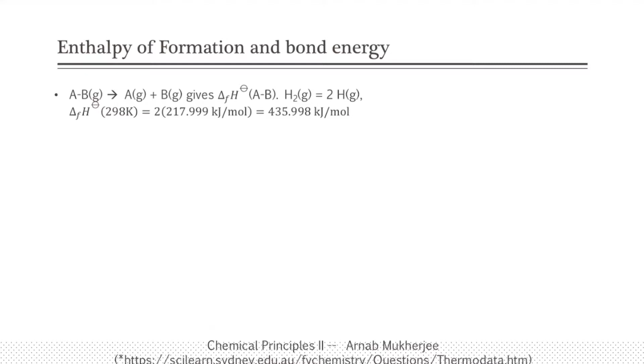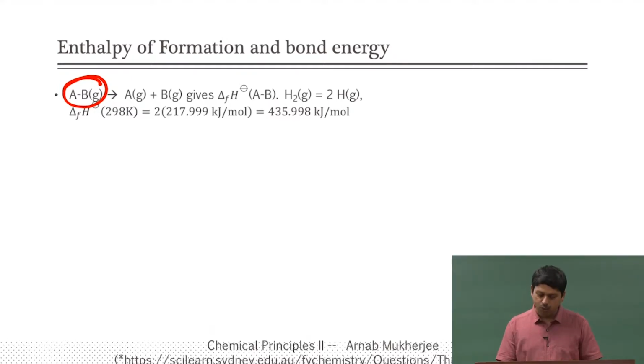So let us say we are talking about AB formation from A and B. Looking at the enthalpy of formation of AB, if A and B are in standard states, then we will get the bond energy of AB. For example, H2 is forming from 2 H, like 2 hydrogen atoms, and the enthalpy of formation is typically 2 into 217.999, giving rise to 435.998 kilojoule per mole. So that is the formation of